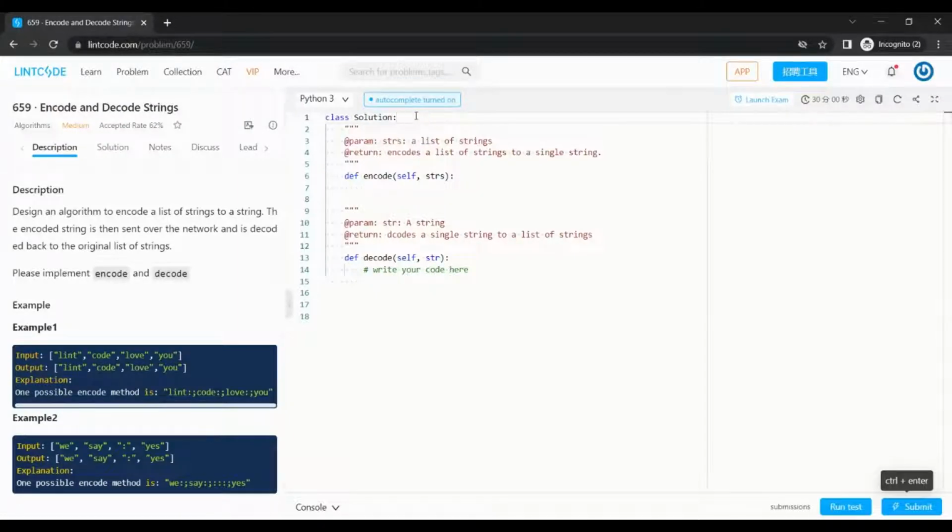Today we are going to look at a Leetcode premium problem, encode and decode strings. Since this is a premium problem on Leetcode, we are using another platform to access the problem. So let's begin. Essentially, we have an array of strings and we have to encode them such that it results in a single string. Then we have to take that single string and decode it such that we get the original array of strings